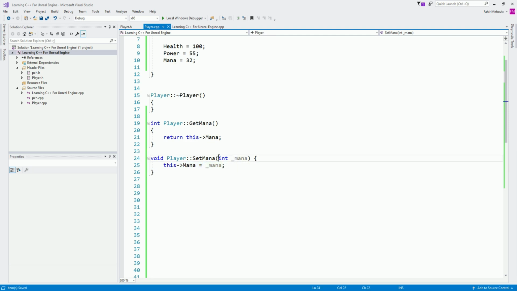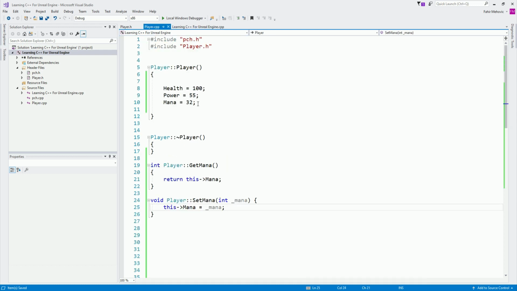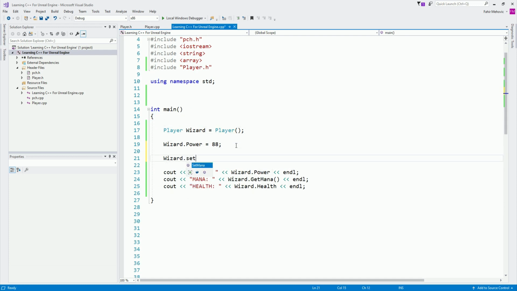So now when we call this function and pass a value to it, we will be able to set it. If I go back over here, inside of our constructor, you see we set the mana to be equal to 32. But if I go back here, after we create our player wizard, and below here I say wizard.setMana, I'm going to do it like this, which will be a better example.